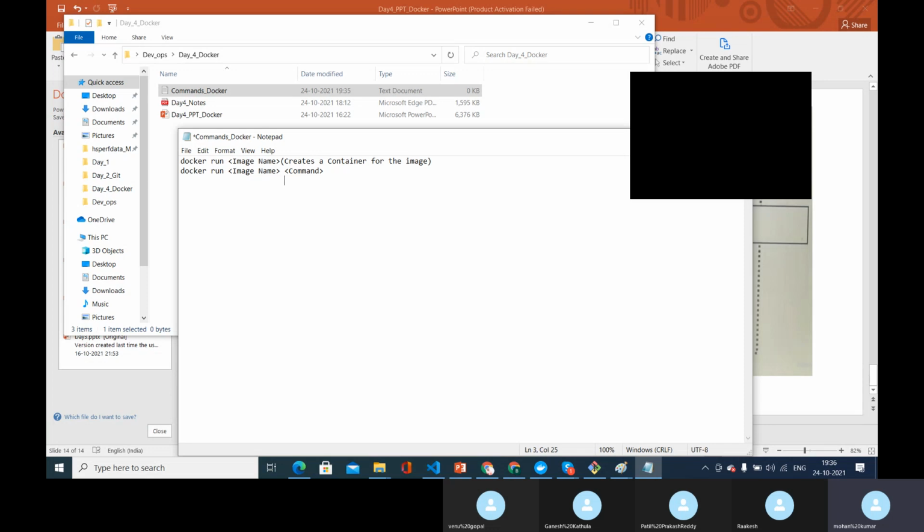But if you want to override that output, we have to use this command. So if we say echo hi there, then instead of the default output that this image is printing, it will print this particular output. The output that the image gives will be overridden by the command.